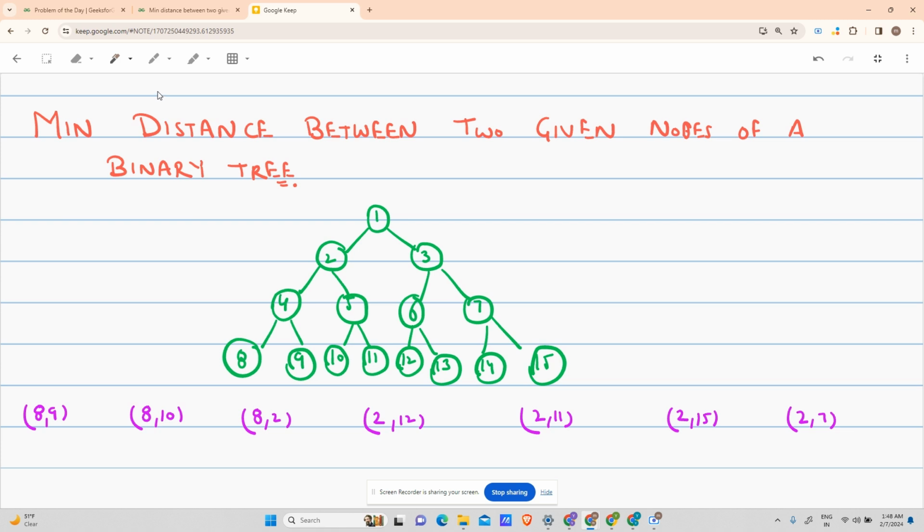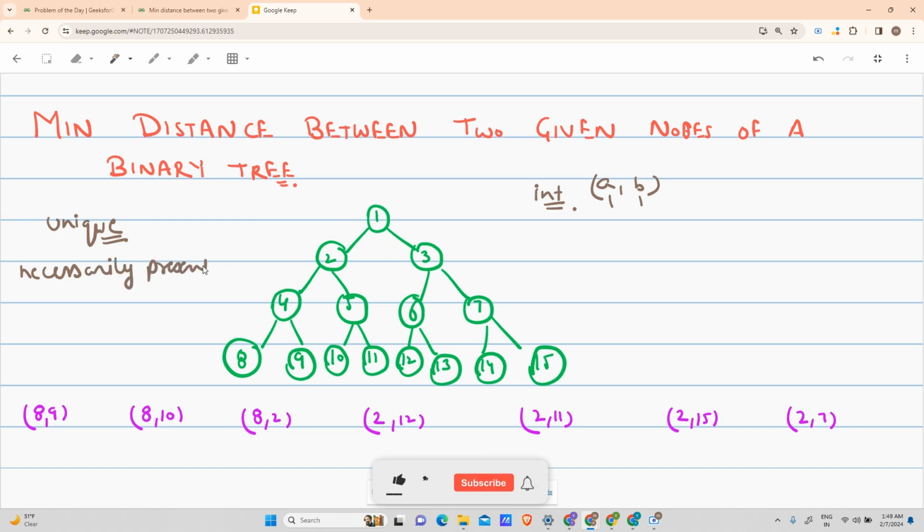What has been asked is that we will be given two values, name them a and b. These are integer type values. It is mentioned in the question that all the nodes have unique values, that is, all the values are distinct, and the values given to us, a and b, are necessarily present in the tree. We have to locate those two nodes which contain a and b